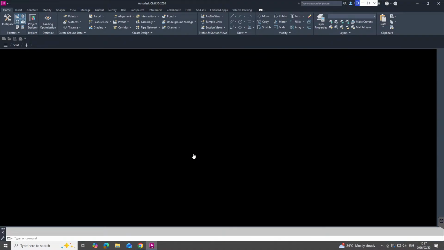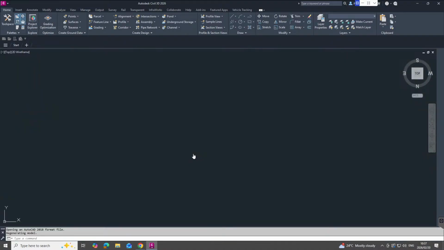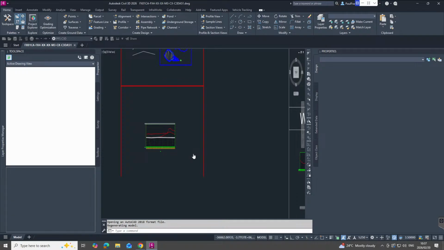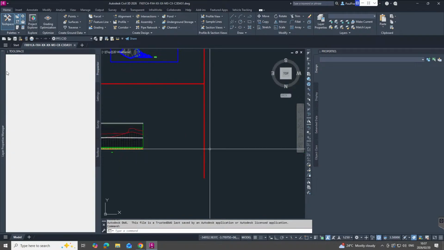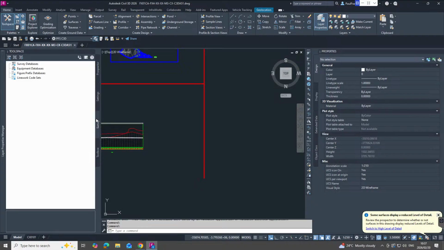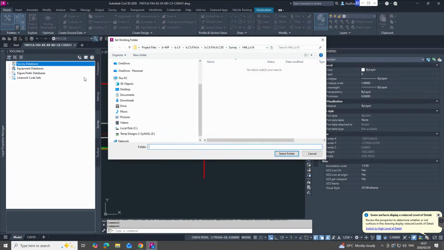All right. Now, let's suppose you wanted to create your own folder structure. How would you do that? Okay, and just with regards to the databases, you'll see that if you did, you could then go and create survey databases. You can set the working folder, and if you set the working folder, you'd be able to point to your Autodesk